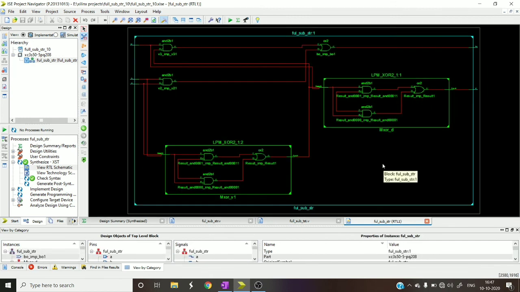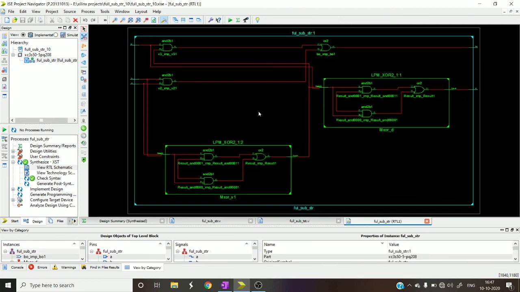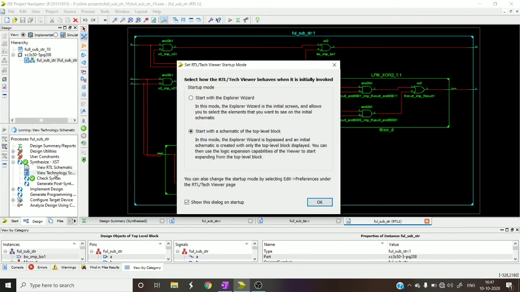Now we can see here clearly, in the half subtractor we got a similar block like this, right? So this block, see, I'm highlighting with the red portion. Such a block we got in the half subtractor. Now two such blocks are there, which means using two half subtractors and one OR gate, we can design a full subtractor. So that is the background meaning of this RTL schematic. And the same thing can be done using instantiation, which is the background idea of writing code using instantiation of half subtractors. So all of those we are going to see in the coming tutorials.